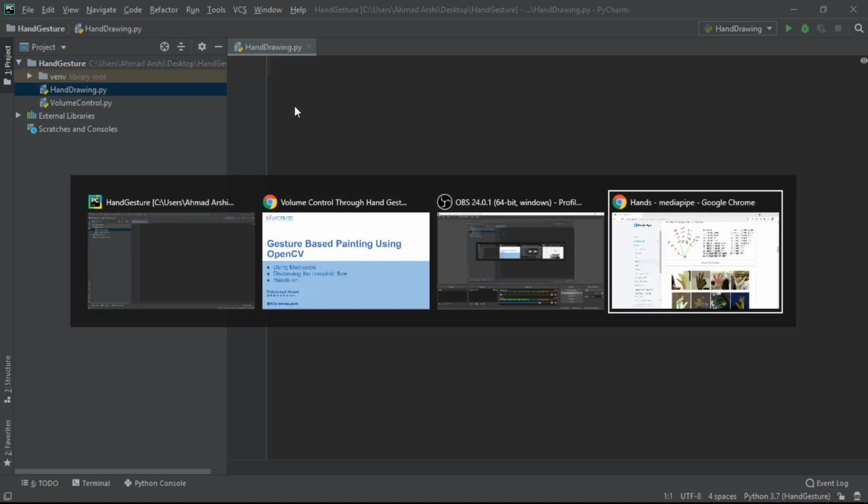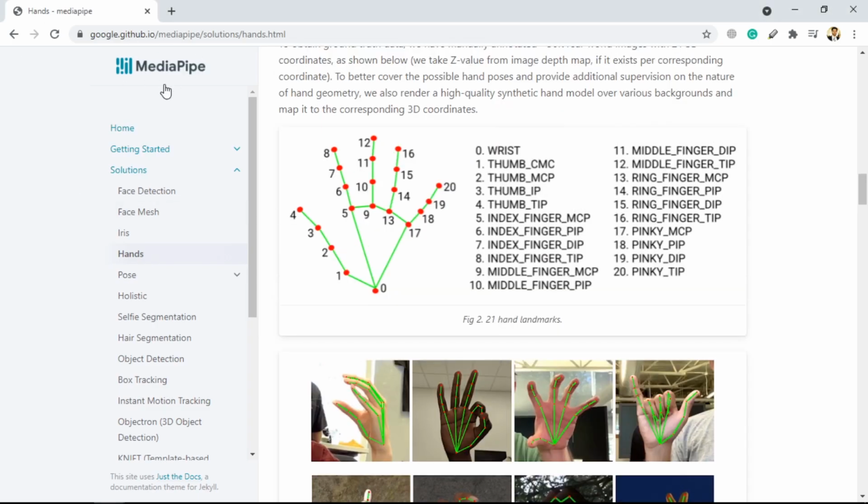Now, here you can get the link of the MediaPipe library. MediaPipe is a Google-based library, developed and maintained by Google. In this library, they have captured numerous images of the hands of random people in random postures, and then they trained their machine learning models so that if they get a new image of a hand, the MediaPipe library will be able to detect all these points from any given hand.